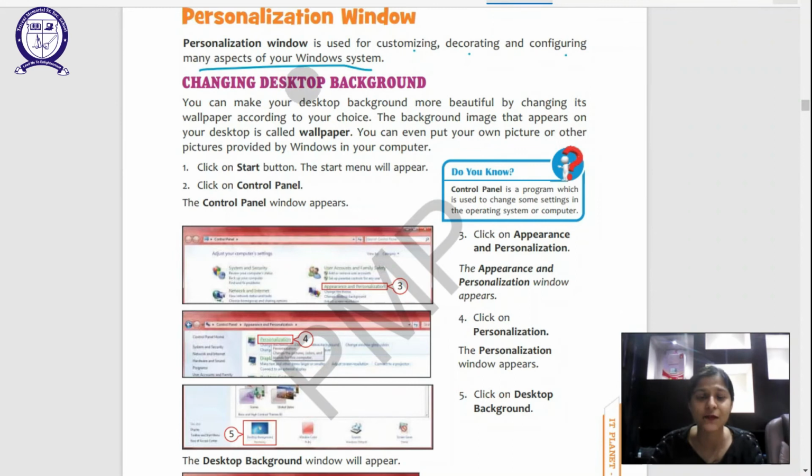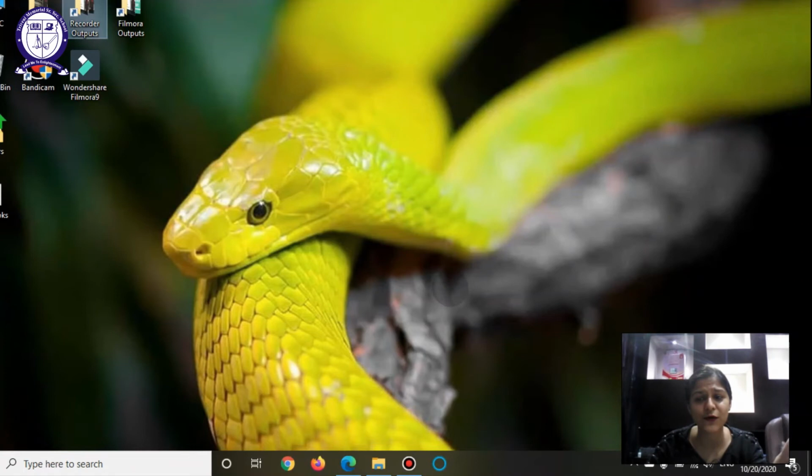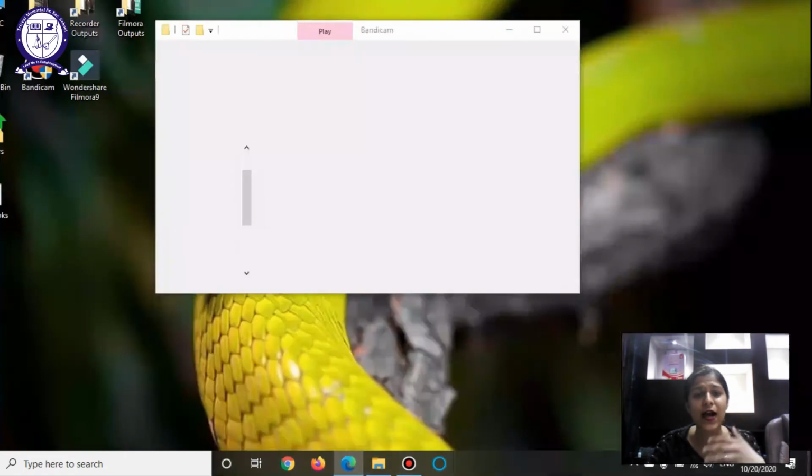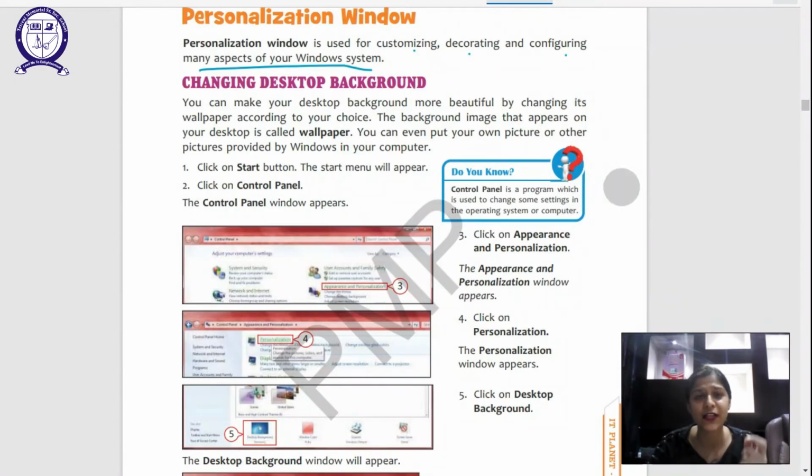have it done on your system by personalizing it, which can simply mean changing its desktop, changing the way it looks and feels. For example, this is what my desktop looks like. I have personalized it, right? I've given it a personal touch. Now how will we change the desktop background? That's one thing that we will learn to make it more personalized, right?